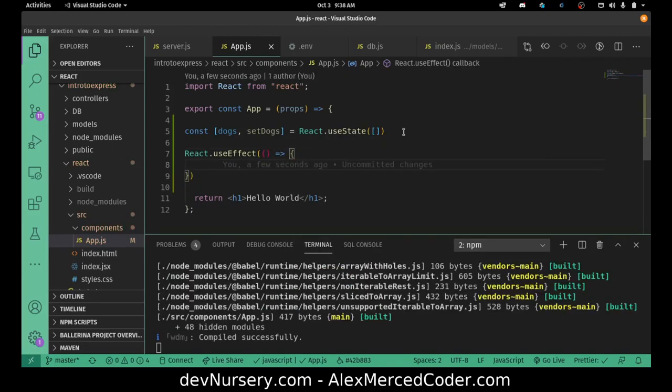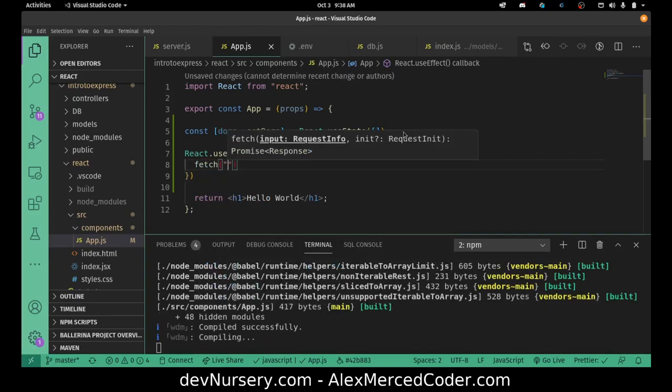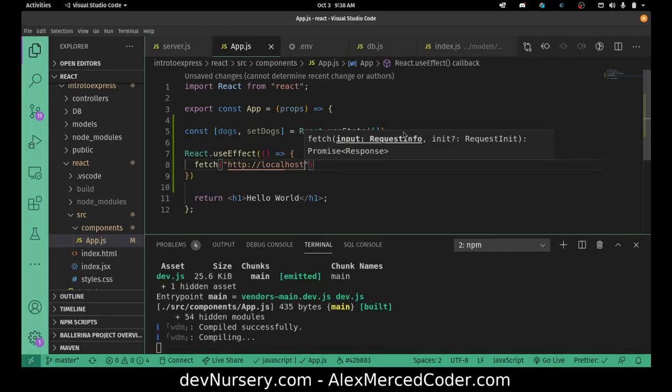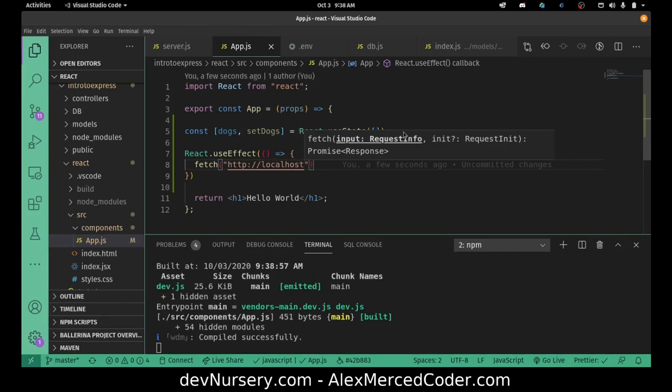And what I'm going to do here is an API call to those dogs. So fetch, and again, our API right now is HTTP localhost / dogs /